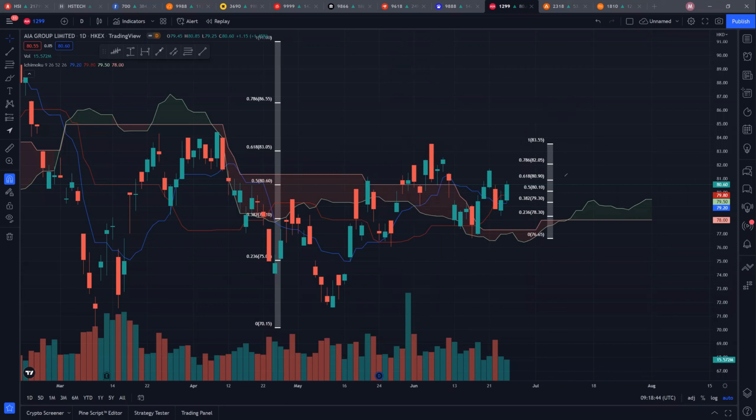So the important resistance to watch will be this $81 psychological resistance. If we are successful in breaking above 81, then 82 and 83.55 would be the next resistance. If we are successful in breaking all those resistances and clearing this strong resistance 84, 86.55 and 78.6% may